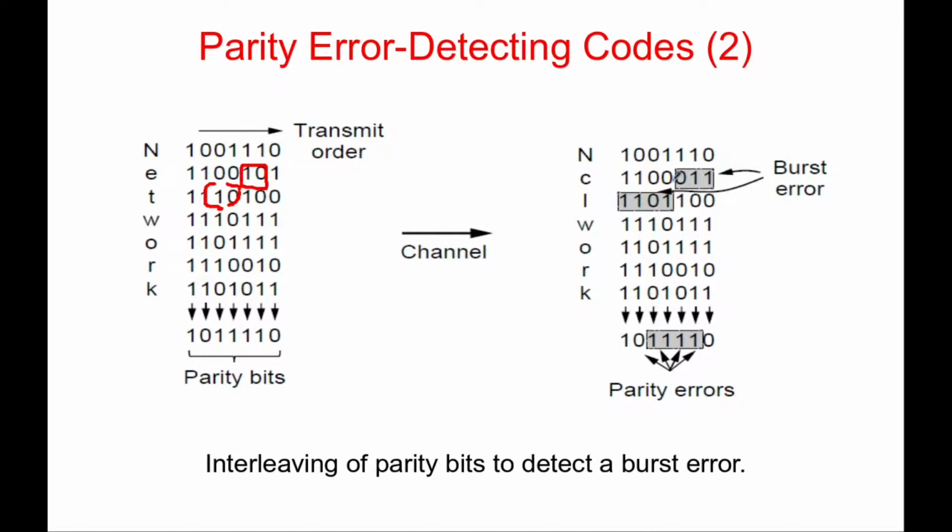And here when the receiver calculates the parity, it comes to know that there is a problem, because this particular value does not match with the actual calculated parity. This particular value does not match with the calculated parity of this column, and so on up till this. This is what I wanted to show you, that with this interleaving parity method, we can also detect multi-bit or burst errors. That is the advantage over single bit parity error detection.